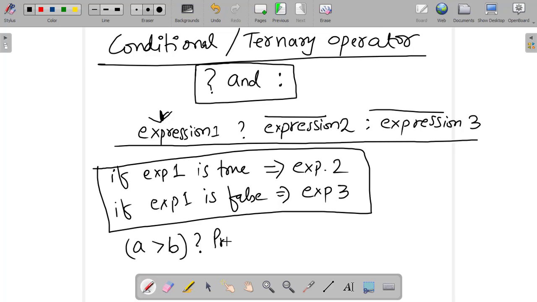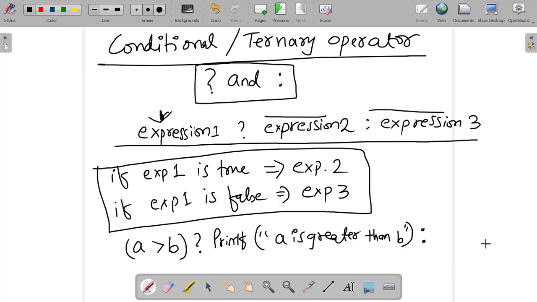We can write here printf, A is greater than B. Simple. Why will it be calculated? Because this first statement is true, and I have already told you, if the first statement is true, then it will calculate the statement just after the question mark, that is expression 2, and then the colon.